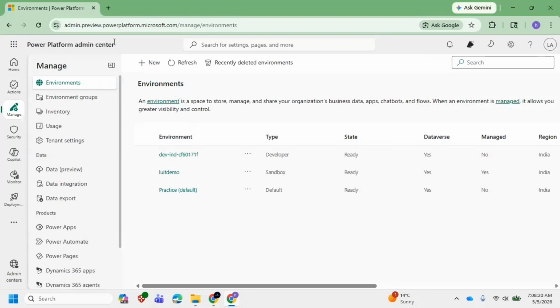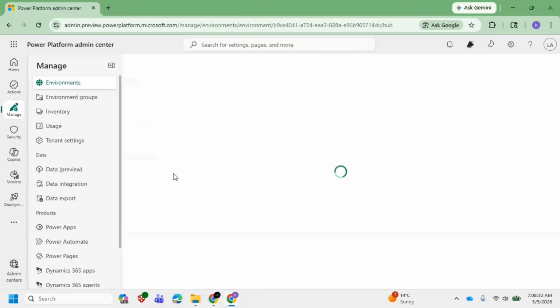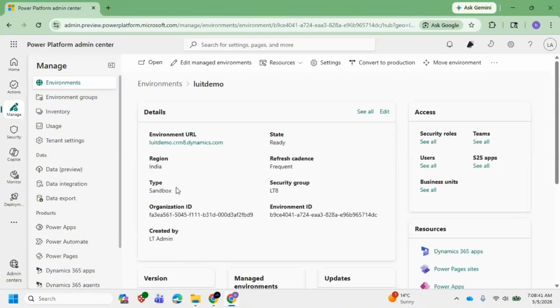Whatever you want to do, whether you want to create a new environment or manage any settings for an existing environment, you will do it from here. Okay. If you see, I'm just clicking on the environment here. You will have multiple pieces of information here. So I was saying, right, you can manage the